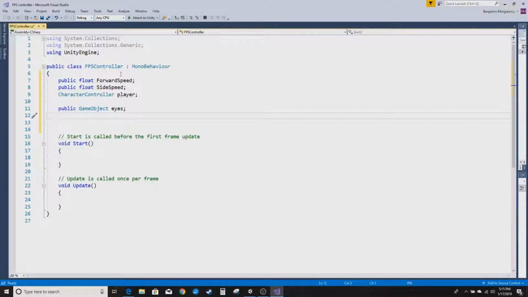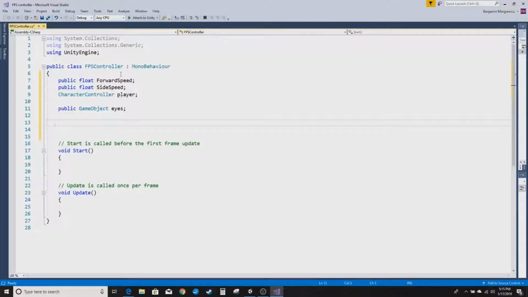Alright, now that we got that, what else do we need? Okay, now we need the movements to go forward and backward and then left and right. So let's make one that's float. Yeah, just a standard float. And then let's make it move forward and backward, comma, move left, right, comma,